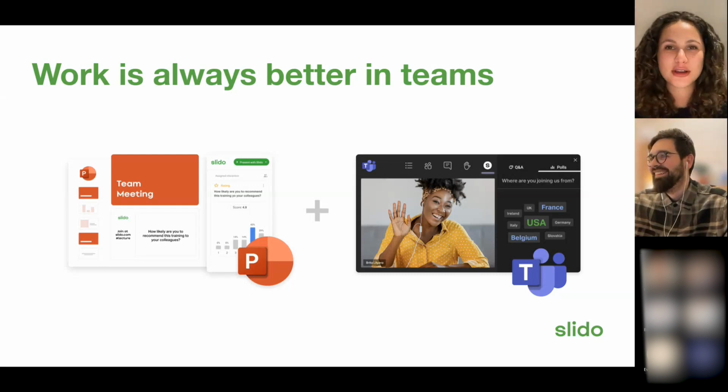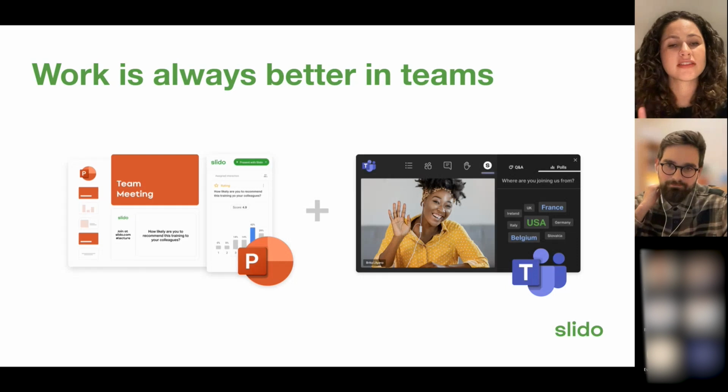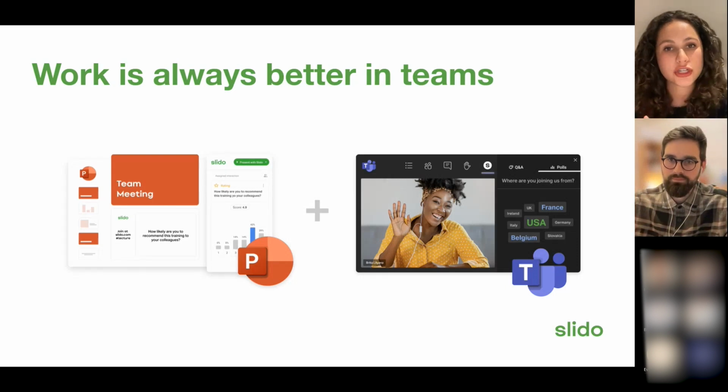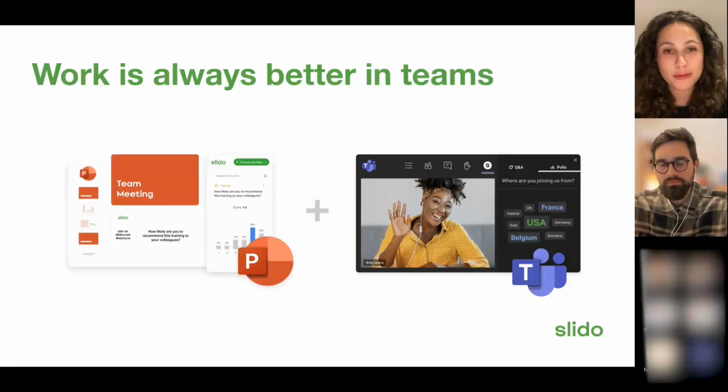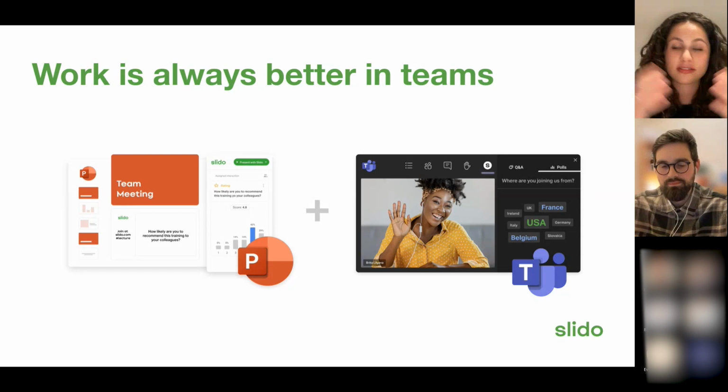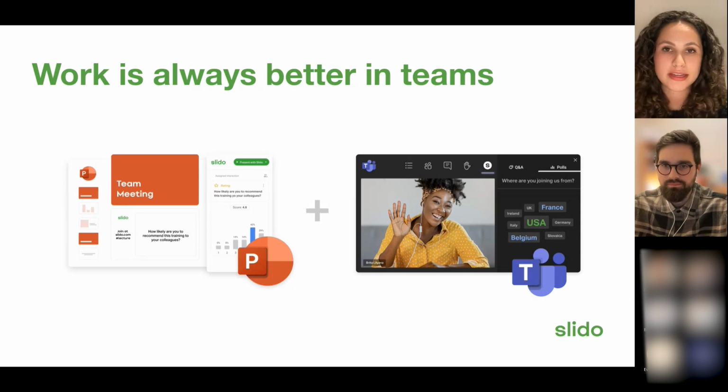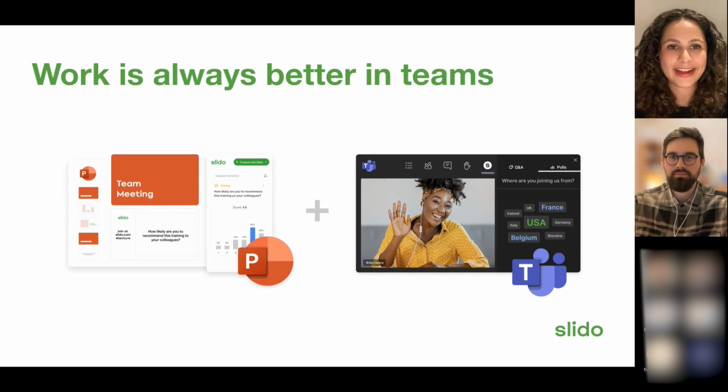This is just to let you know that we also integrate with PowerPoint. It's one of our many integrations, which means that you can use the Slido integration with PowerPoint in conjunction and synchronously with the one in Microsoft Teams. So if you're presenting your PowerPoint presentation and scrolling through it, your Slido questions come up, they will also come up in Teams, and your meeting participants can answer the questions right then and there.